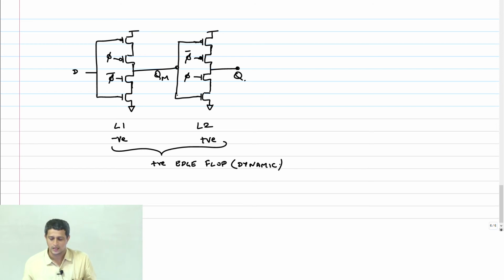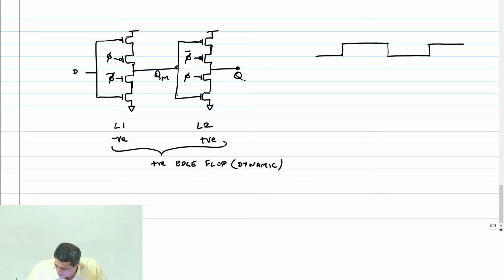Now I'm going to analyze this for the clock overlap condition that we discussed earlier. The rising edge is my sampling edge. So this is phi bar. I'm going to delay phi bar a little bit, as usual. So this is my overlap.